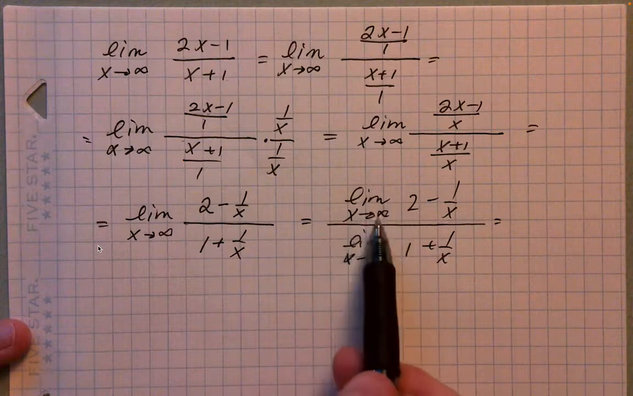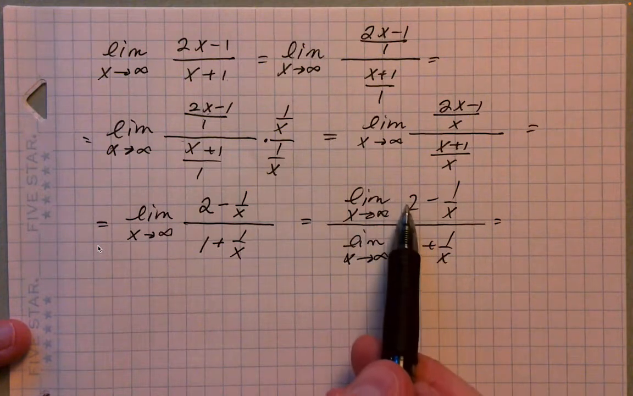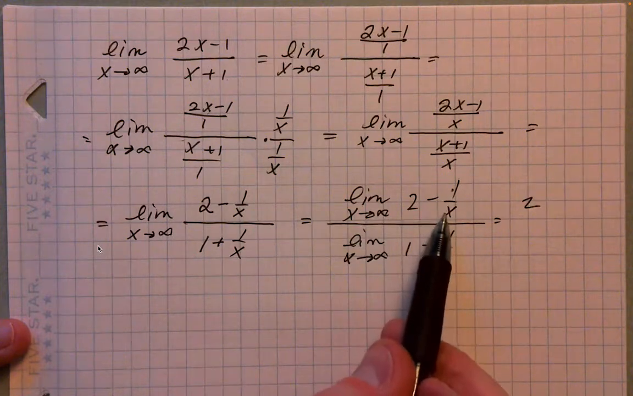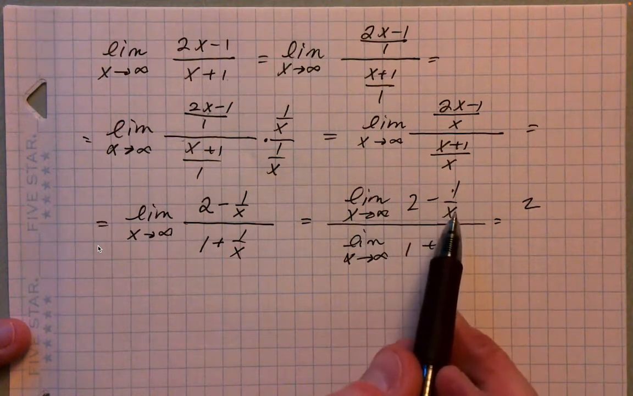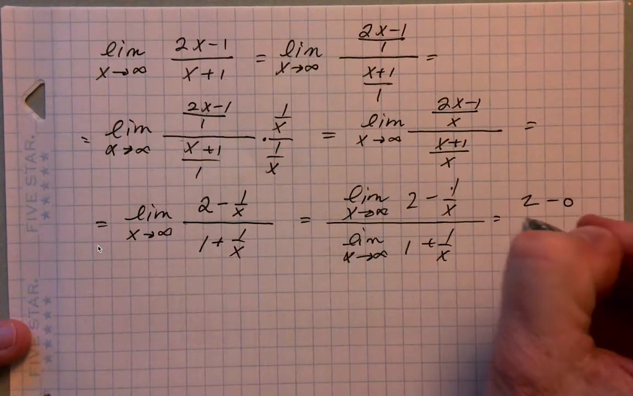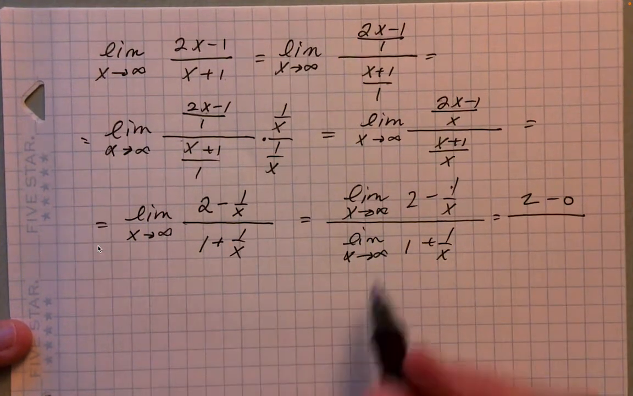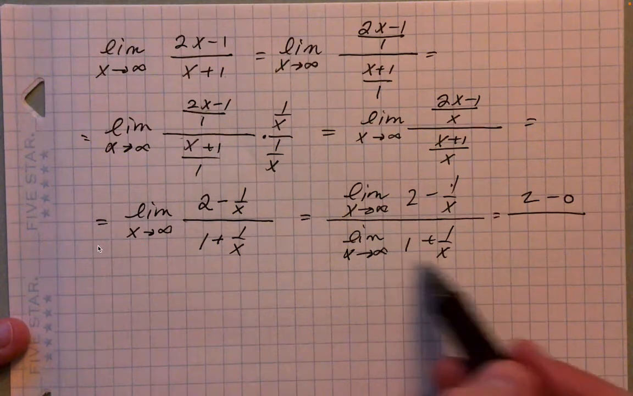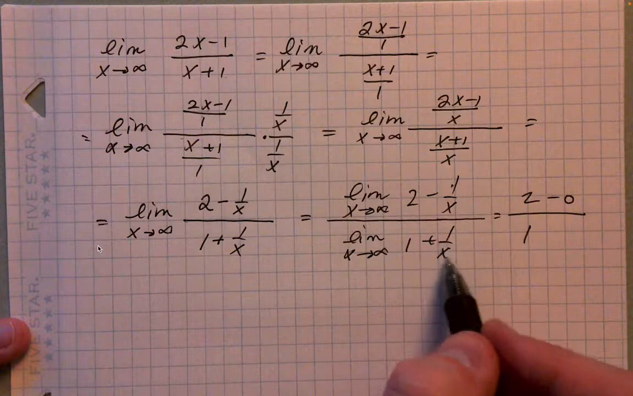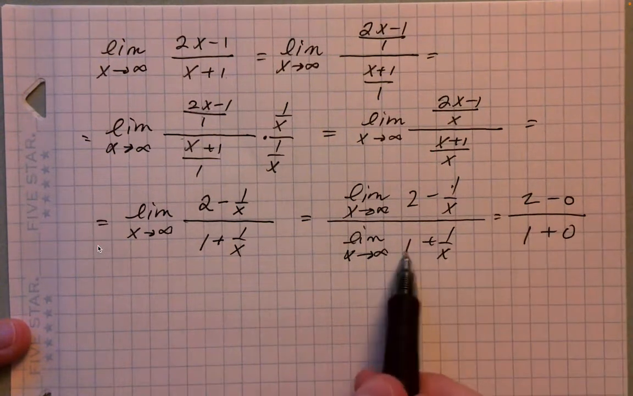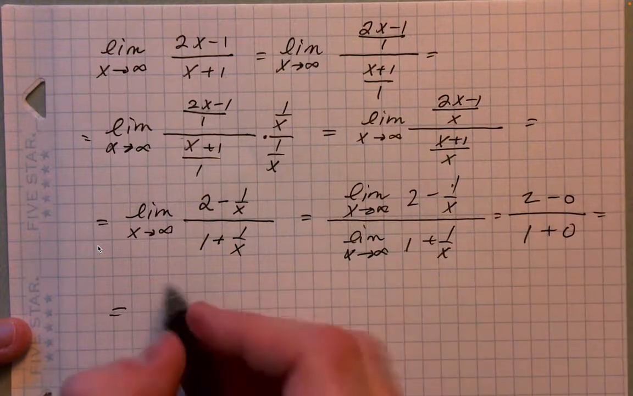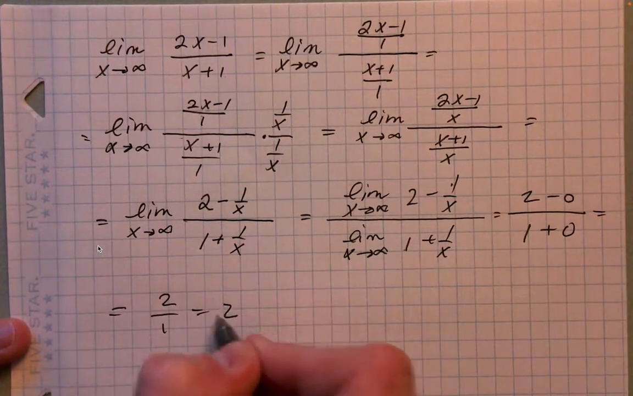So the limit as x approaches infinity of 2 is just 2. And of course this, we know, goes to 0, right? 1 divided by an increasingly large number, the number growing without bound, would be 0. So 2 minus 0 up top. And in the bottom, we would get something kind of similar. So it'd be 1 plus 0. And that's great, because now you have 2 over 1,